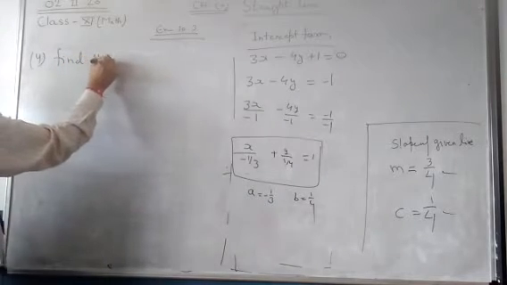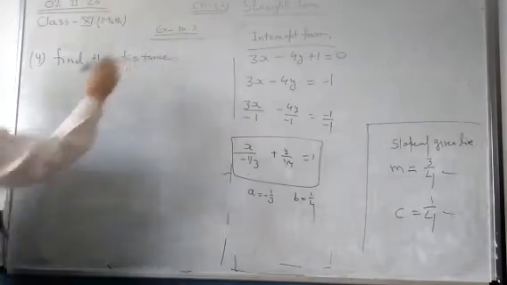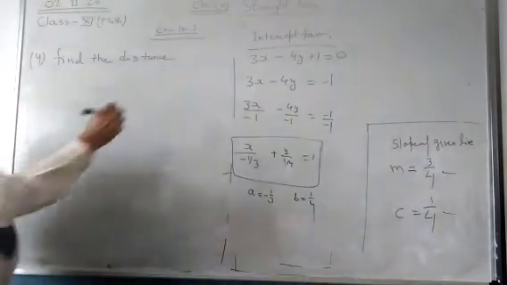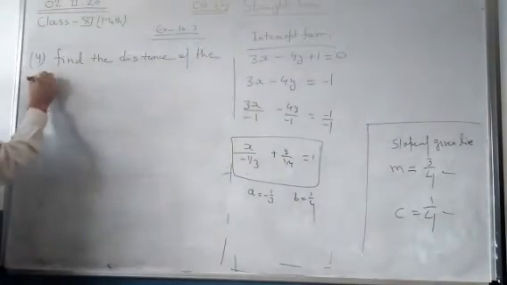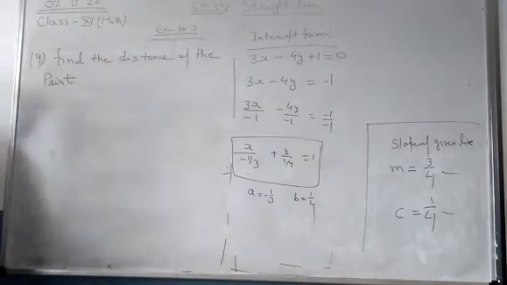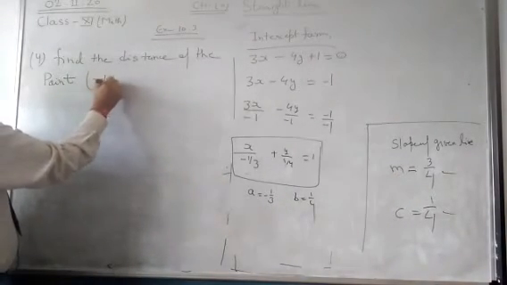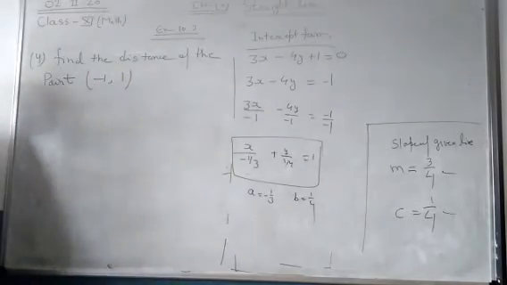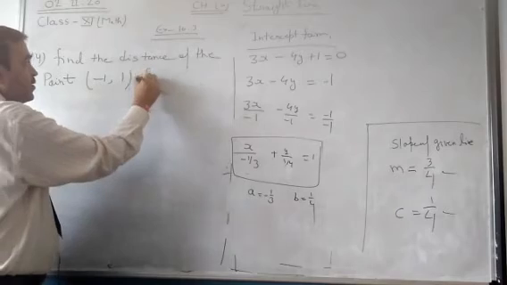Find the distance of the point minus 1 comma 1 from the line